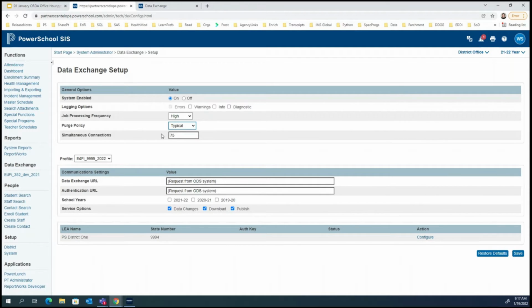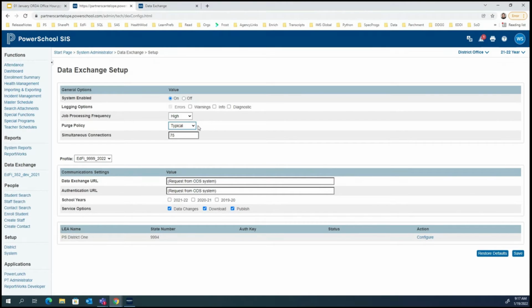Let me talk to you a little bit about purge policy. This setting has to do with removing old records and messages. For example, if you've been taking a look at your dashboard from time to time, and don't worry if you haven't been, it's okay. Some people sometimes reach out and say, oh, I haven't done anything with it in a while, from last year, and that's fine. But some folks have poked around in there, and if you see a message that says the message for this error is no longer available, it has to do with this, right?